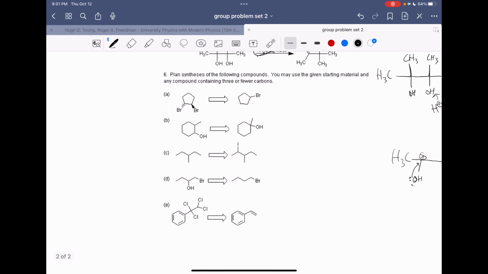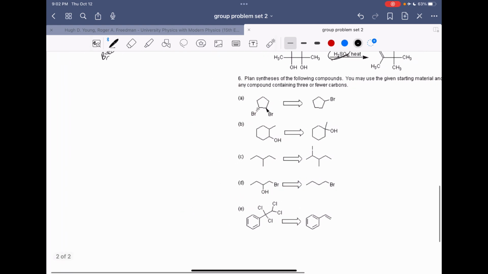So this right here looks like the problem we did earlier, where we did bromine, or halogen addition or halogenation, whatever you want to call it, to a pentane or cyclopentane. But when we did that, we had a double bond to start with, and this we don't. We need to make one. So I'm just going to go to the left of these. So we start out with this